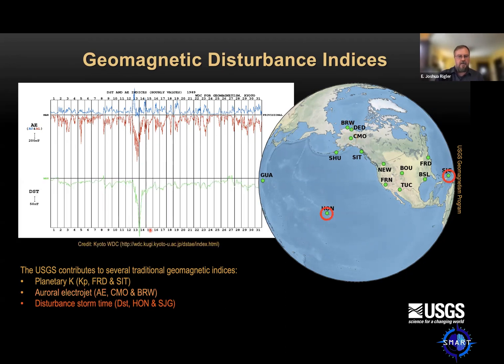And then finally, everybody who's been involved in this has heard of at least once, is the storm time disturbance index, this Dst index. It's actually 4 low latitude magnetic observatories, 2 of which belong to the USGS, Honolulu and San Juan, others being Hermanus in South Africa and Kakioka in Japan. And these are measuring what's known as a ring current. So this is not an ionospheric current. This is actually an electric current that flows quite a ways out from the surface of the Earth, but it encircles the entire Earth and can cause disturbances at low latitude observatories.